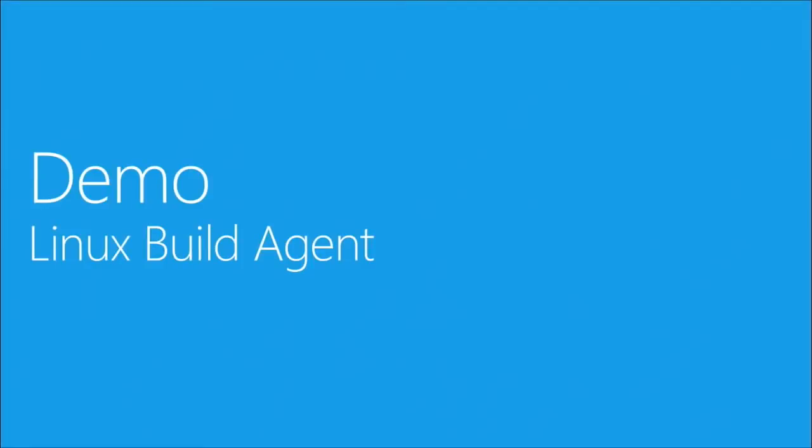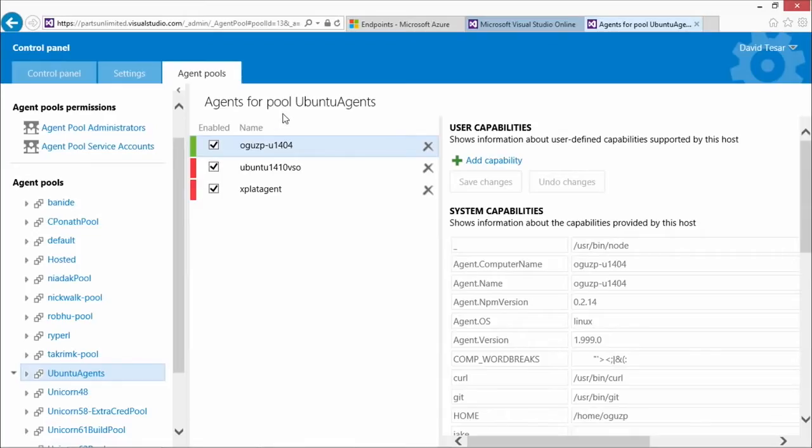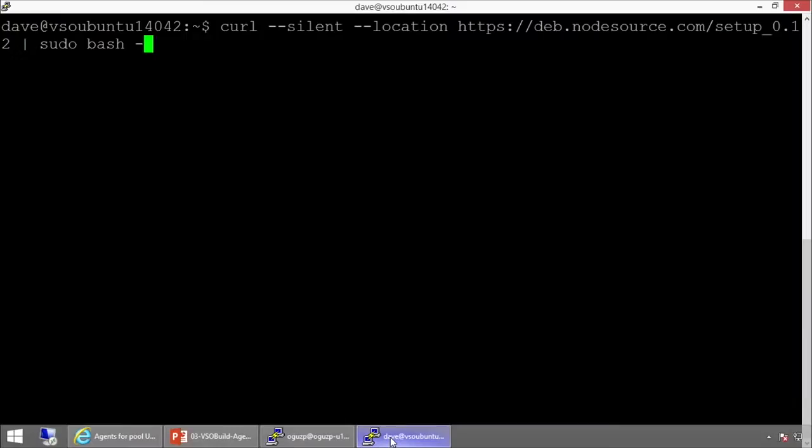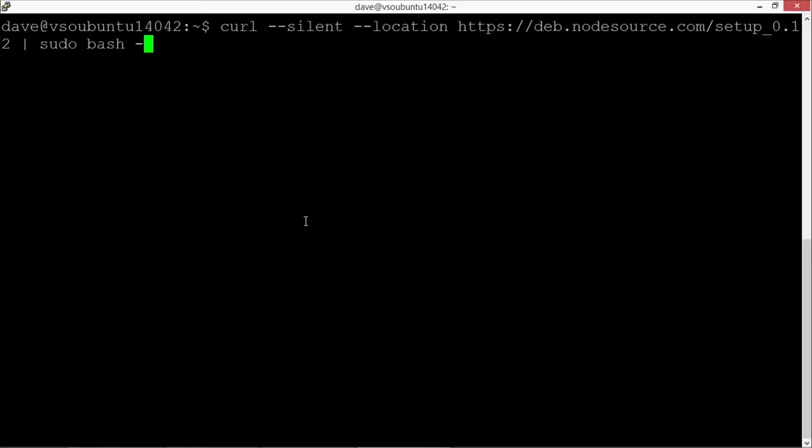And so what I've done is I've already got an existing pool here named Ubuntu Agents. Not surprisingly, running Ubuntu Linux. We have one that's running, but what I want to do is walk you through how you create a new agent and add that to the pool. So what I've done is I have created a brand new, fresh Ubuntu 14.04 VM in Azure, and I've only